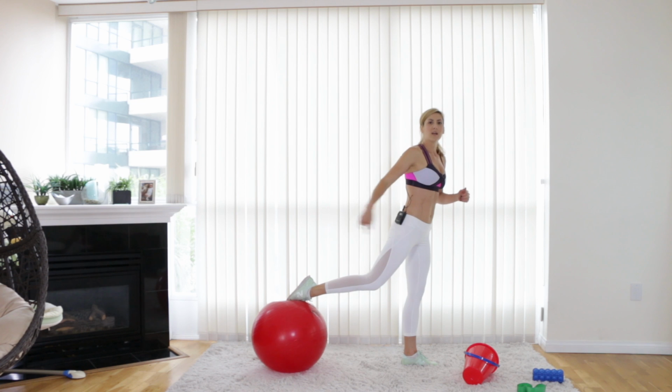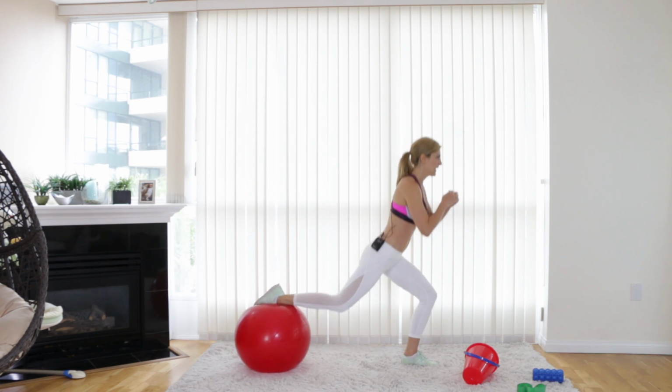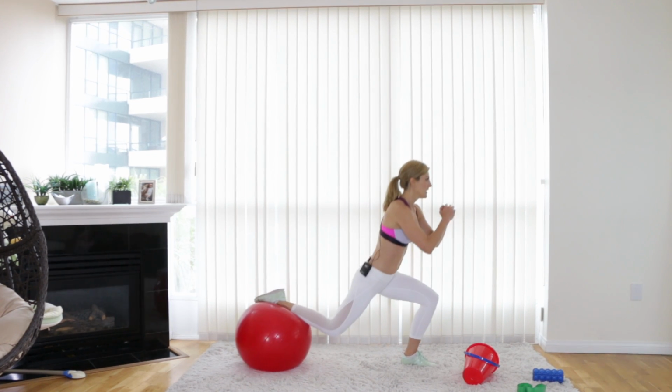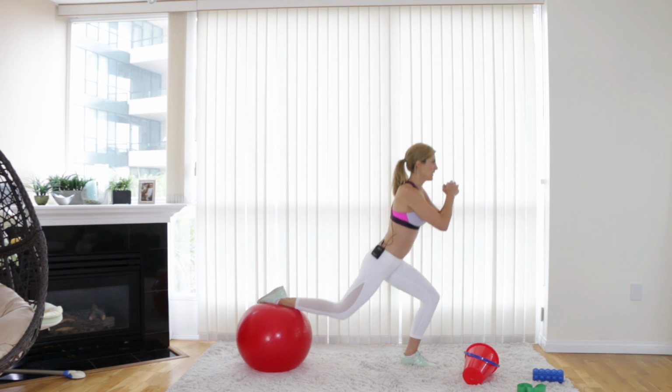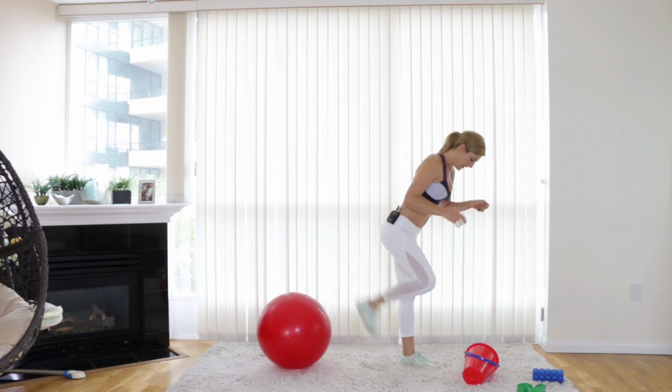Try not to move the ball in and out. Just go down and up. The ball should stay where it is. So let's go 6 reps. There's 4, 5, and 6. Now we switch legs